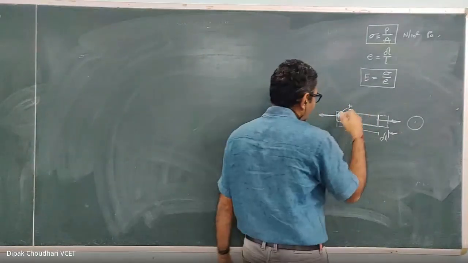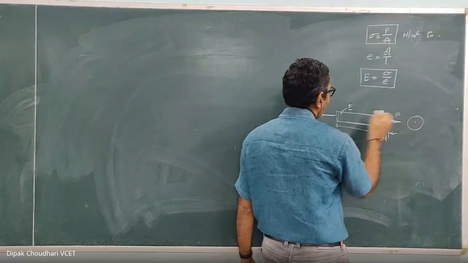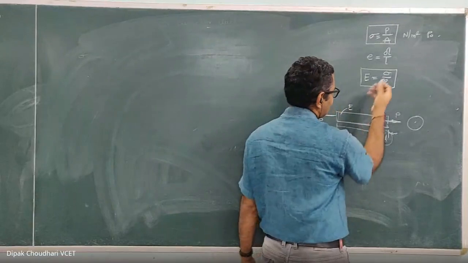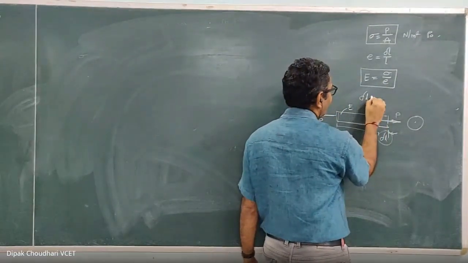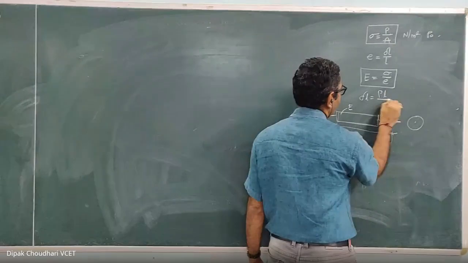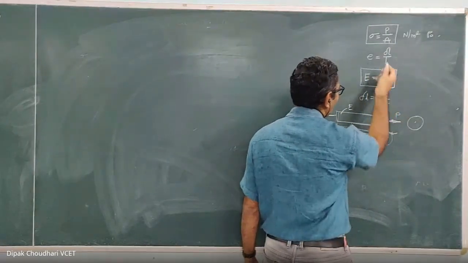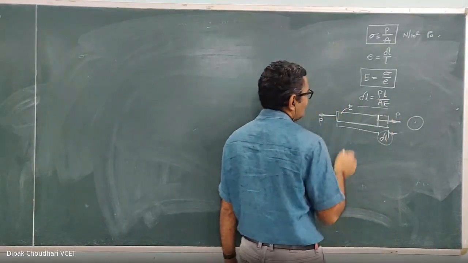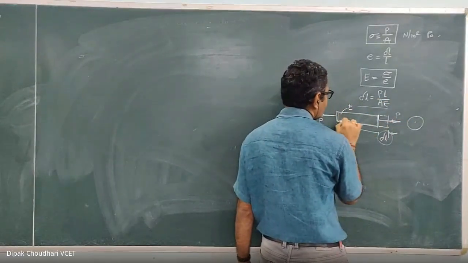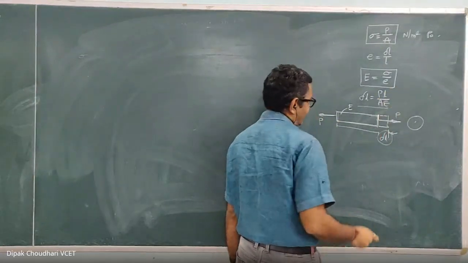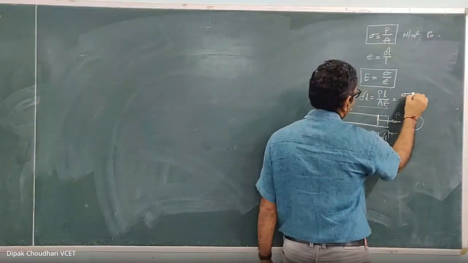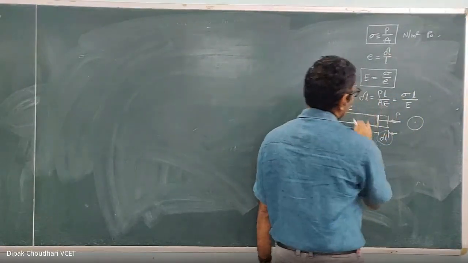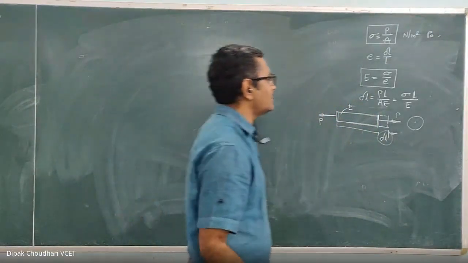Now, if E is the modulus of elasticity and the applied force is P, then you can calculate this delta L by combining all these three formulas. So the direct formula is delta L equal to PL upon AE. But in yesterday's lecture I told you that this formula is applicable only when the cross-sectional area is uniform throughout the length L. This formula can also be written as stress into L upon E, since P upon A is stress. In this way, we can calculate the change in length.